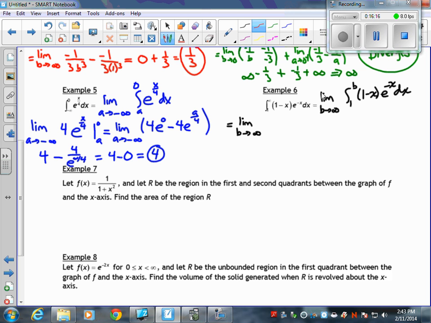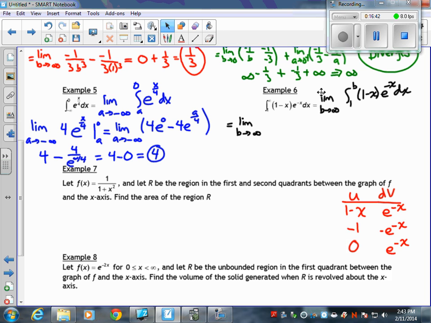I have an integration by parts. So I have a u and I have a dv. And for my u, it's 1 minus x. And my dv is e to the negative x. So I take the derivative of my u and I get a negative 1. I take that derivative and I get a 0. Pretty happy about that. My dv is going to be negative e to the negative x, and then a negative version of that, which is e to the negative x. I put in my signs,